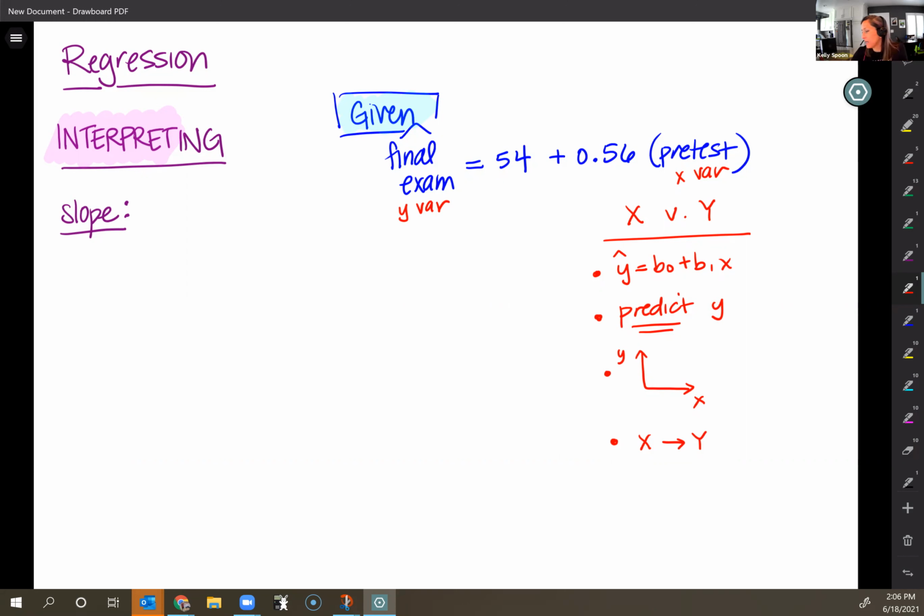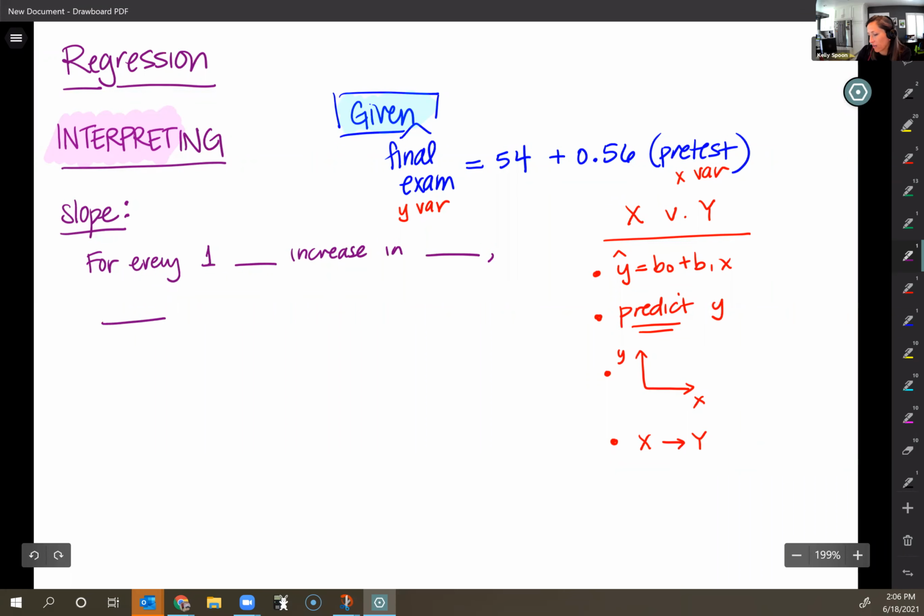Once you have all this work done, you can use the little fill in the blank sentence for slope. I'll tell you how I grade this, even though you already know. The fill in the blank sentence for slope is: for every 1 unit of X increase in our X variable, our Y variable is predicted to, and then it's either increase or decrease by our slope units of Y. I'll fill in what those different pieces are: units of our X variable,